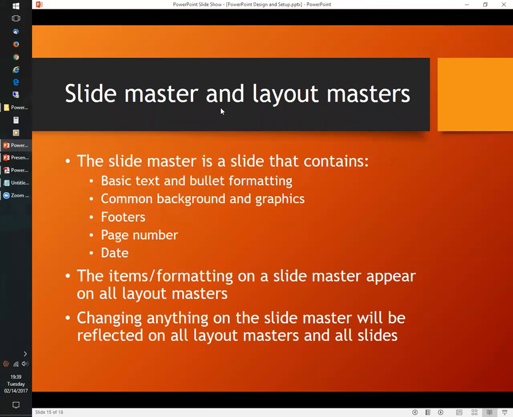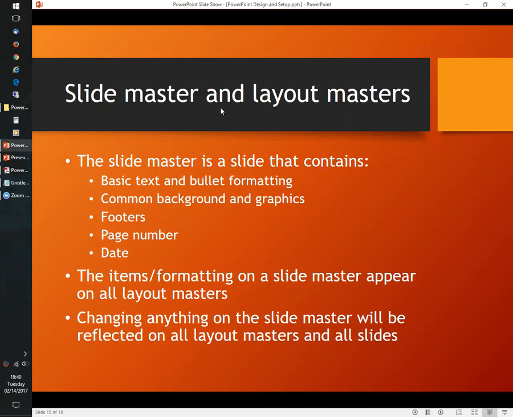So what is the slide master? That is really our most important governing slide in a presentation. All right, the slide master is a secret slide. It's a hidden slide. Well, it's not that hard to find. But a slide master is a slide that basically defines for all slides what the text and bullet formatting looks like. So what font are we using? What size is that font going to be? What color might that font be? What bullets are we using? What shapes are they? What colors? All that business is defined on that slide master.